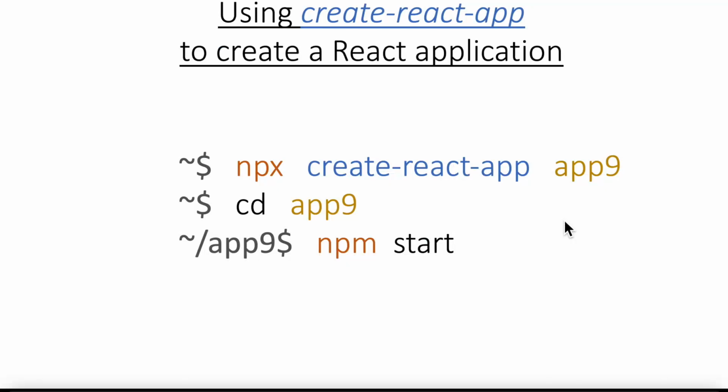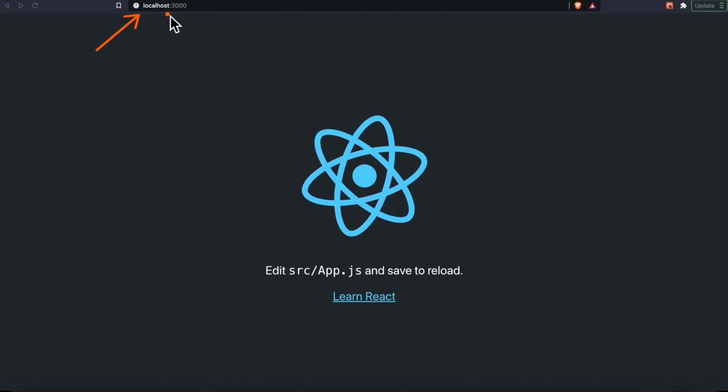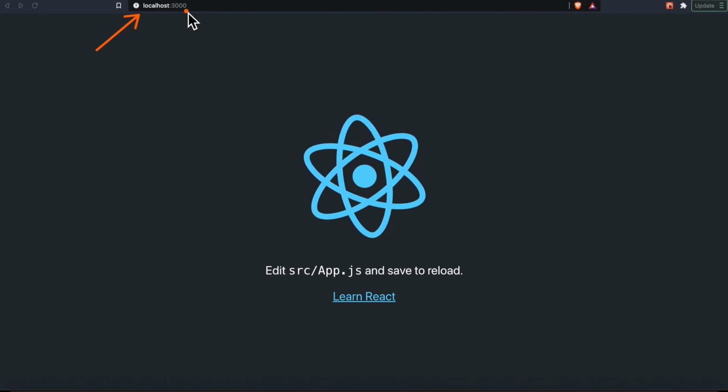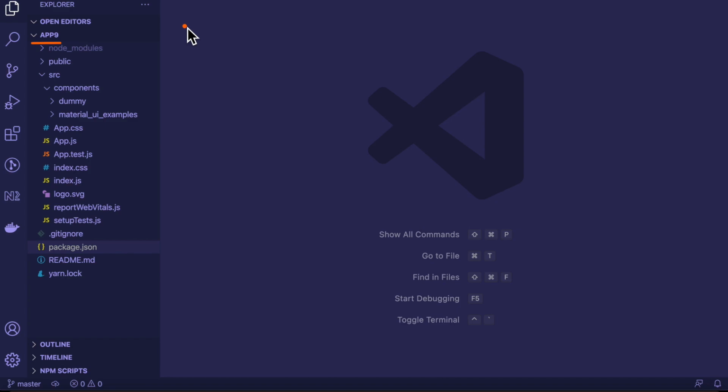To do the example, we will need a React project that has been created using the create-react-app command line tool. If you already have one, you can use that, or you can create one using this command: npx create-react-app followed by the name of the application. Once the command completes, cd into that folder, and from within the folder, type npm start. And as usual, that will open localhost:3000 in a new browser tab, and also open the folder in VS